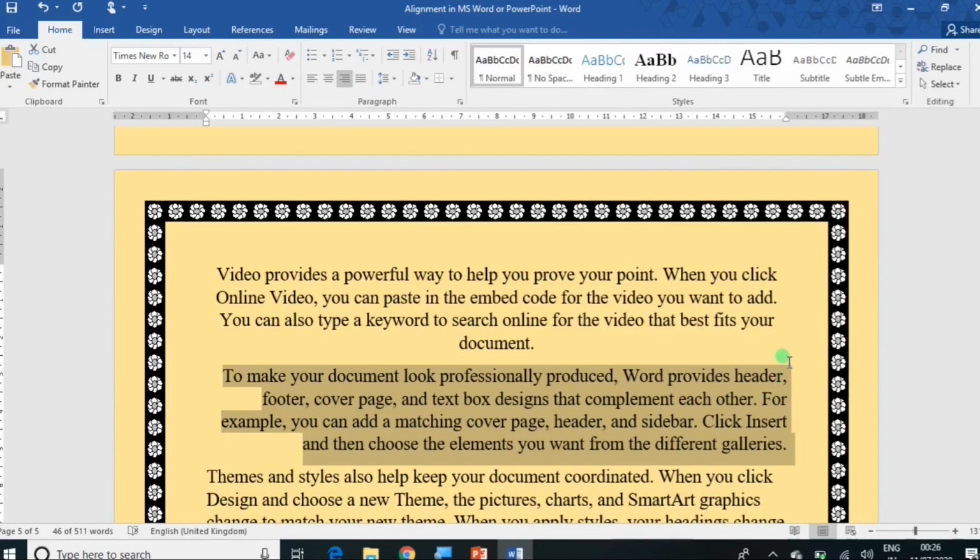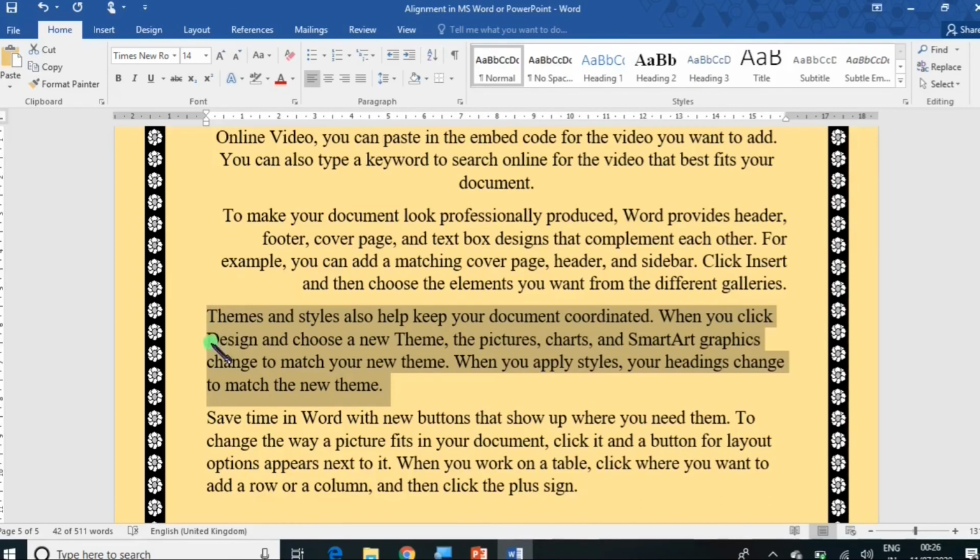All the texts are aligned from the right margin. You will see a zigzag position from the left margin. All the texts are aligned towards the left margin. On the right side, you will see a zigzag pattern. If we want to remove this zigzag pattern, either on the left side or the right side, you will choose the alignment named justified.